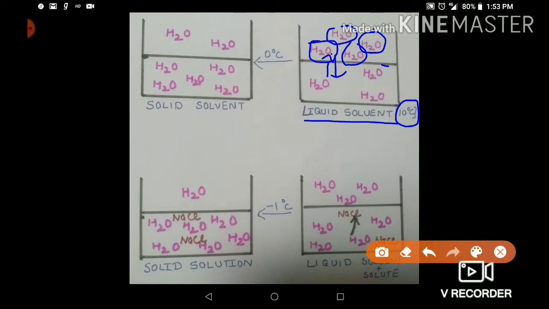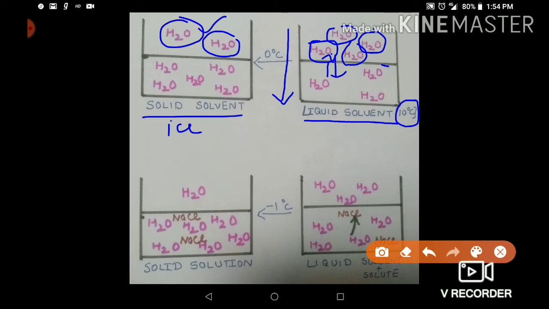Now, if I start cooling this, on cooling, water vapors will start coming down, and on heating, liquid will start changing to vapor. But we are not heating, we are cooling here. On cooling, when it reaches 0 degrees Celsius, two vapors will come down and now it solidifies. So in my example, when water is ice, there are only two vapors.